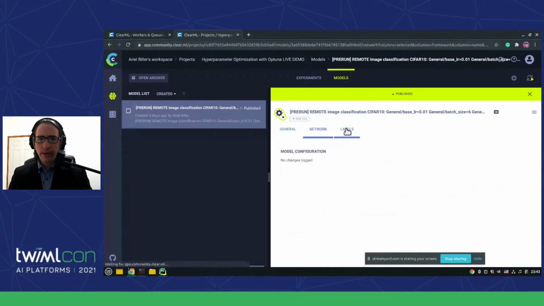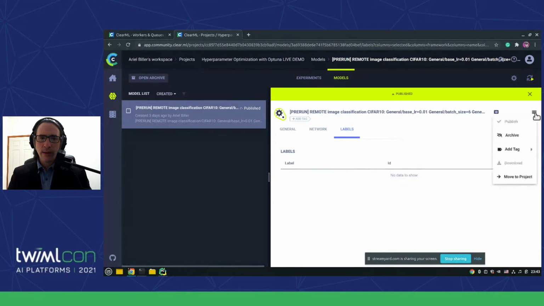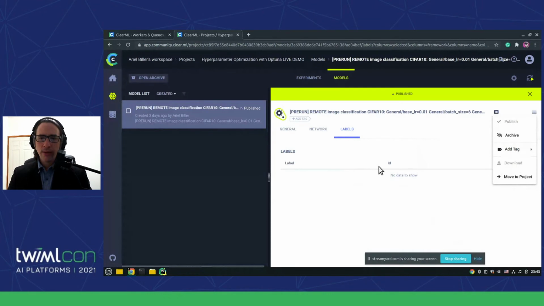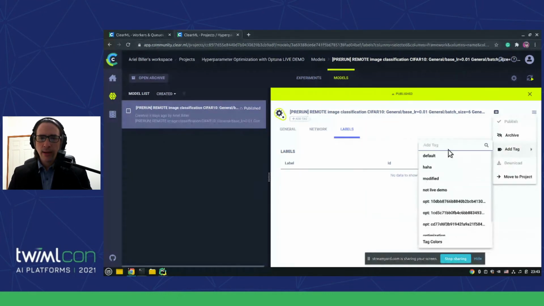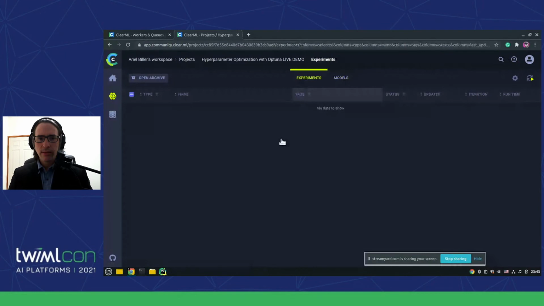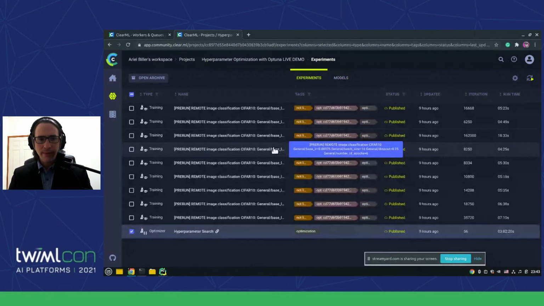I can further the integration and put the network configuration here, and even put the model labels if I really want to package this as something that I can later deploy. Actually, I can download it from here. If it's on the cloud, I will have a download here. Let's add a tag. I tag the model. I can say, hey, listen, I have model haha there. Just take it. It's all very, very user-friendly.